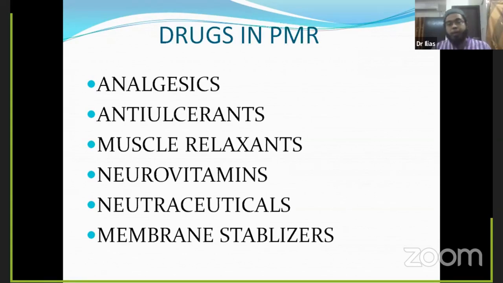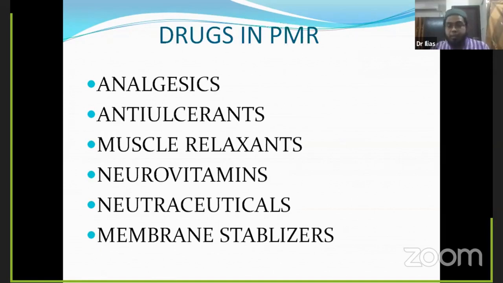So ultimately, the old stored blood will be utilized for the metabolism of the muscle, for the ATP formation of the muscle. And whenever the old stored blood is utilized for aerobic glycolysis, that is, whenever the oxygen is utilized for aerobic glycolysis, the oxygen content will be less inside the muscle. As a consequence, there will be hypoxemia, that is, the oxygen content will be less within the muscle. So the muscle will start utilizing anaerobic glycolysis.